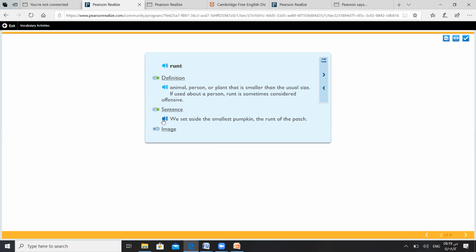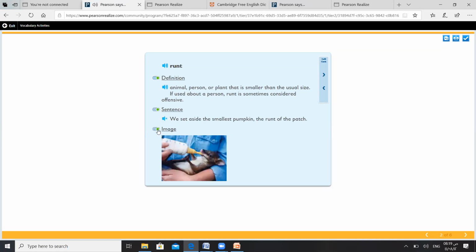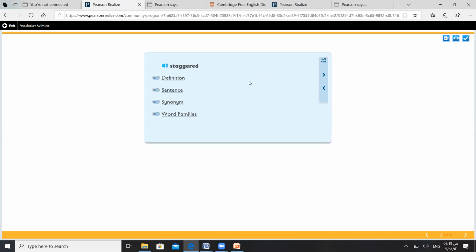Sentence. We set aside the smallest pumpkin, the runt of the patch. Next vocab is